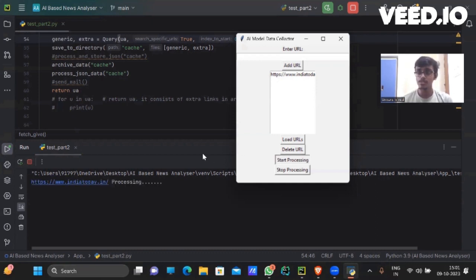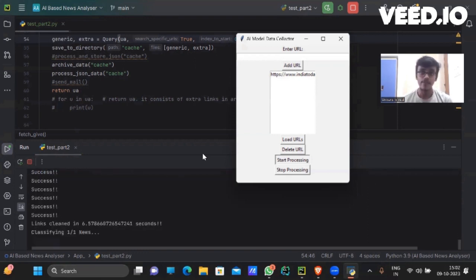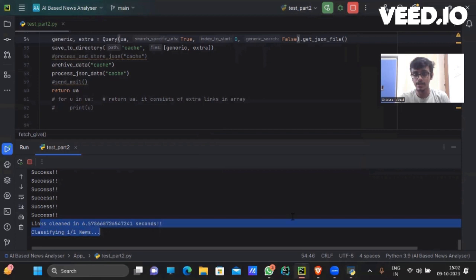Now, meanwhile, the process is happening. I will tell you the basic architecture of our prototype. We have a web crawler, which first goes to the websites and videos to get the content. When the content is reached, we will be cleaning the content. As you can see in here, we are cleaning the content.